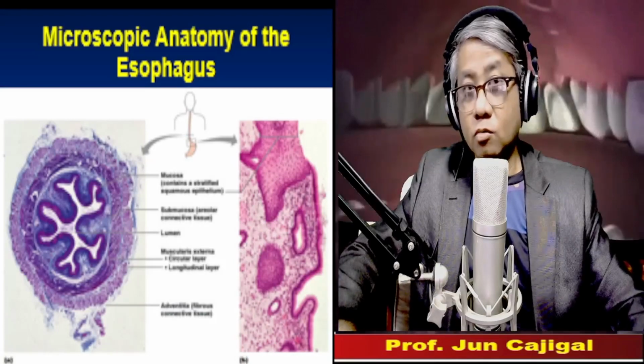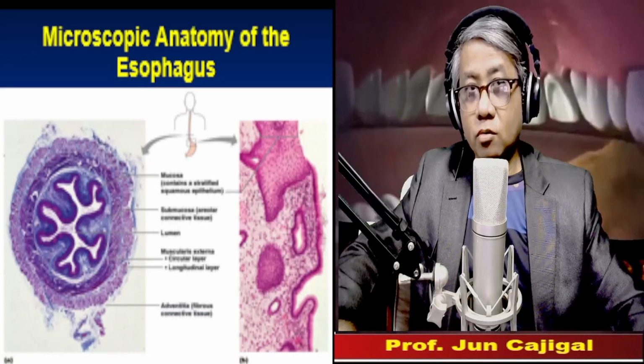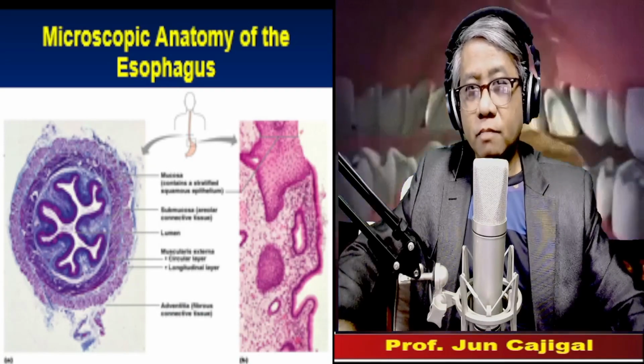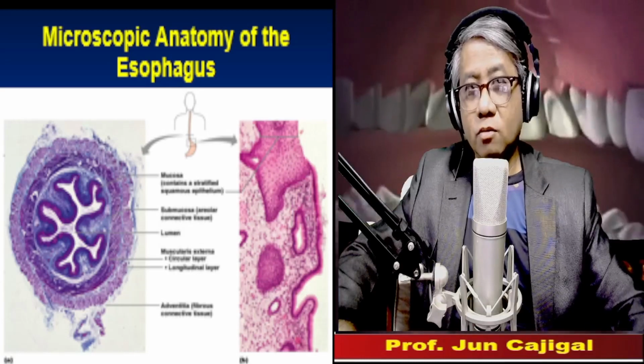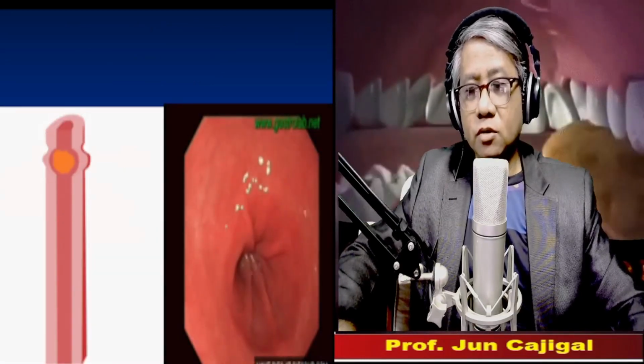So we have the mucus layer or the mucosa. Then above that is the submucosa. Then above the submucosa, we have the muscular layer. And lastly, we have the serosa. And again, this esophagus, or this muscular tube,